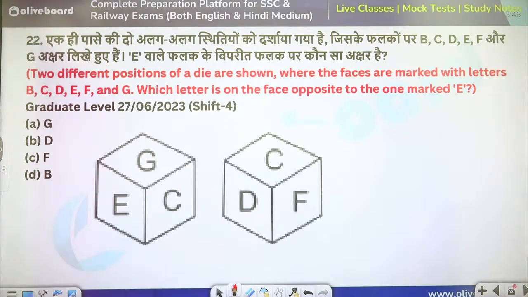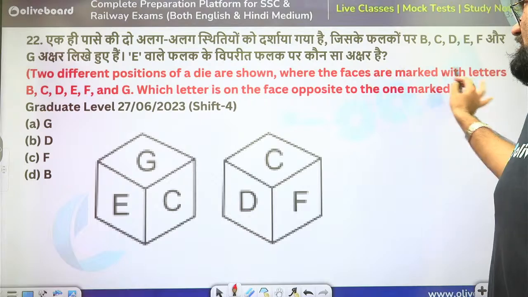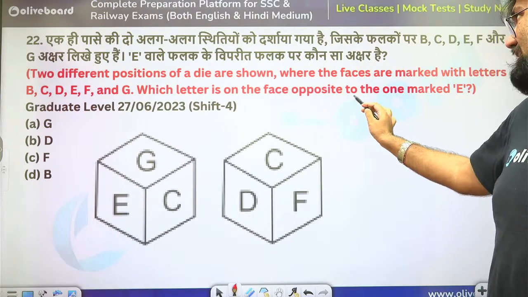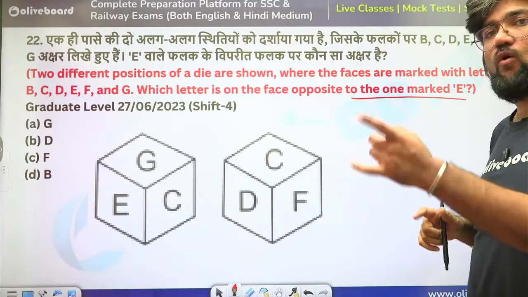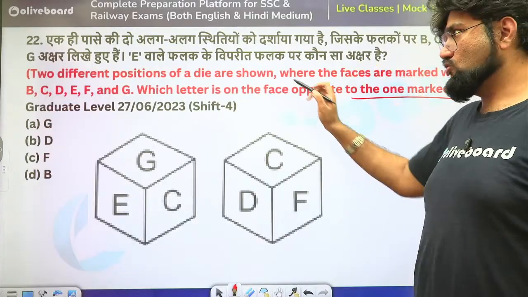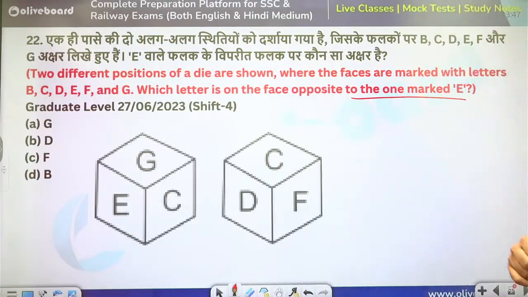Opposite to E. Okay. Now, sometimes we generally don't need to read the whole thing. That is why I'm just straight away reading this and looking at the figure and I'm generating my answers. But sometimes it can go off track. So make sure that you just glance through this when you're reading the question so that you don't miss out